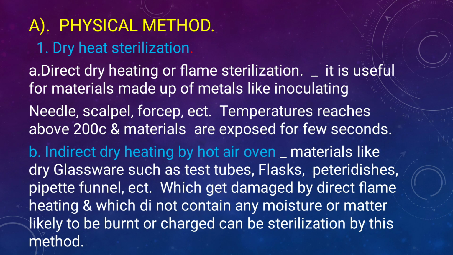So this is a very important sterilization method, in which there is no involvement of flame or direct heating. If you do direct heating of glassware, there may be a chance of cracking, so the direct heat method is not used. Here we sterilize the glassware indirectly by heat, because the temperature in the hot air oven is adjusted up to 160 to 180 degrees Celsius. So this is about the indirect dry heating method.